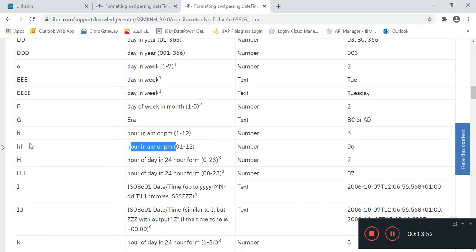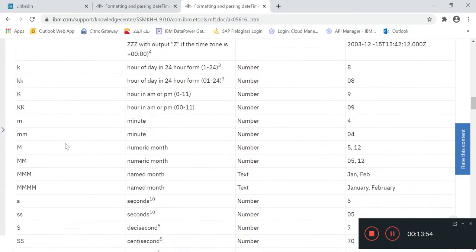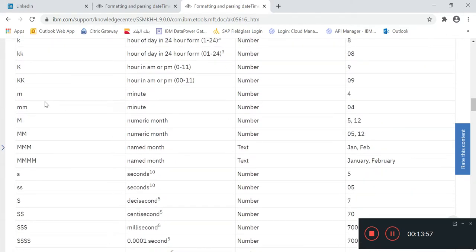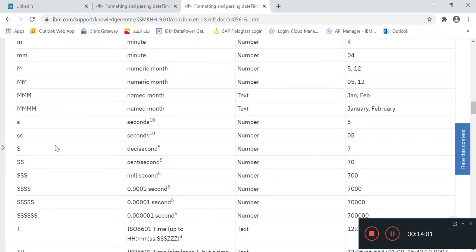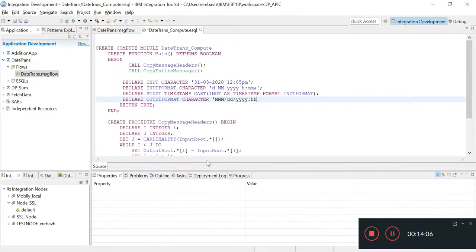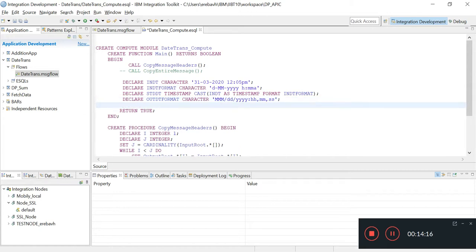So double H, and minute with the 0, double M, and seconds with the 0, SS. So our output date format is like this. Declare output date format: triple M, double D, four Y, colon, hour, minute and second.